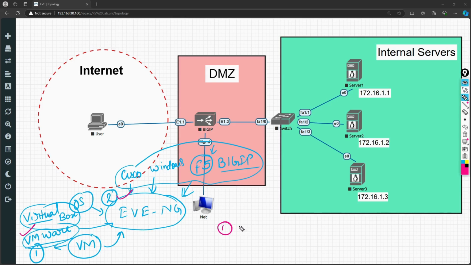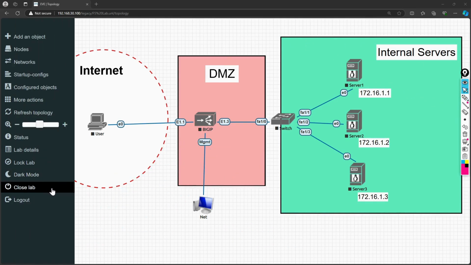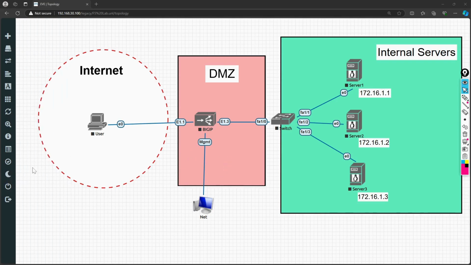You have to install VMware, or any virtualization platform, like VMware Workstation or VirtualBox. Second thing, you have to go to the EVE-NG website and download the Community Edition, the free version, not the paid one. Then you set up the background like this. After that, you will see the platform like this. So if I close this lab, which you see here in the background,